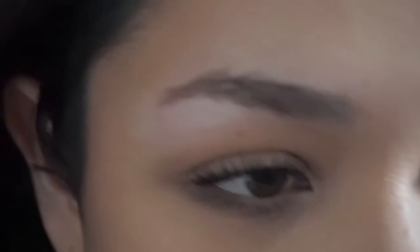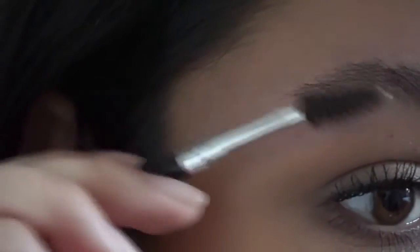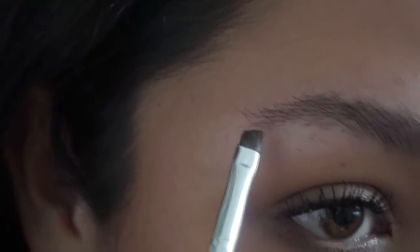I grabbed the tiniest bit of dip brow because it's easier to start off with less product, because that way it's easier to build it up. I brush my eyebrows upward, and then when I'm doing this area right here, I keep my pencil flat like this. I don't have it upward like this, I have it flat on the side. And I usually start right here where I know my arch goes,